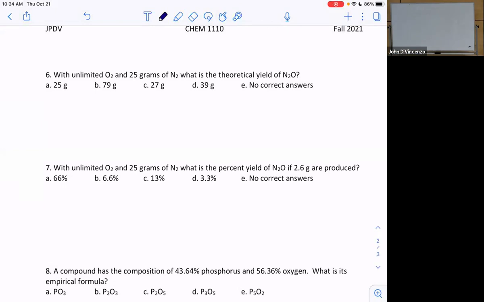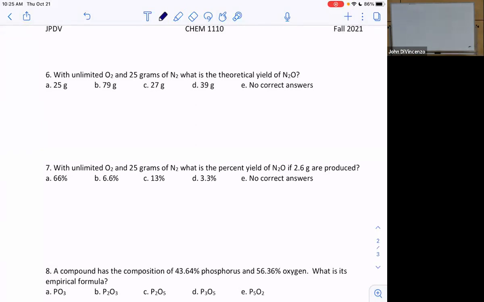What do we do? Who's talking? Houston, what's up? That's the first step. Tell me what you're doing. Why are you converting it to moles? Figure out how many